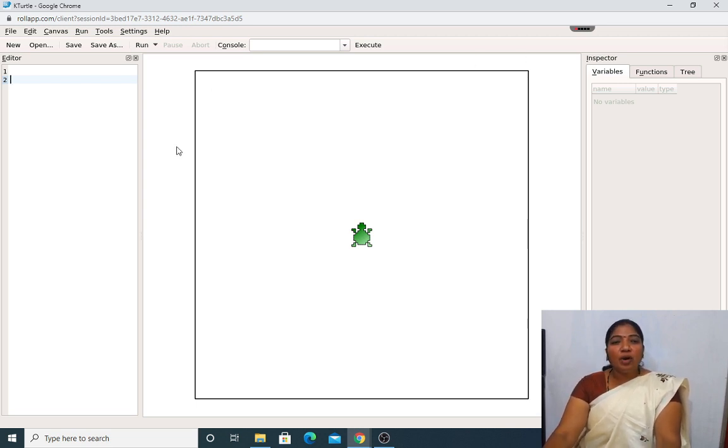Next, we will go to the canvas. Just see where I am pointing the cursor, my dear students. This is the green color turtle. This is present on the canvas. What is the main use of this? We will be moving this forward, backward, left, right.